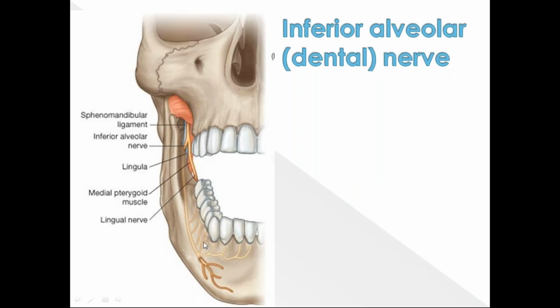You can see the inferior dental plexus in the next picture. Then it gives an incisive nerve in the bony tunnel itself, and it supplies the incisor and canine teeth and the adjoining gum. The other branch it gives is the mental nerve, which emerges upward and laterally from the mental foramen and supplies the skin of the chin and the lower lip. I think you're clear about the inferior alveolar nerve.